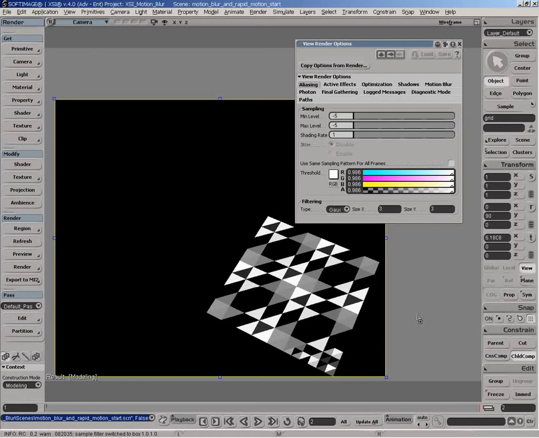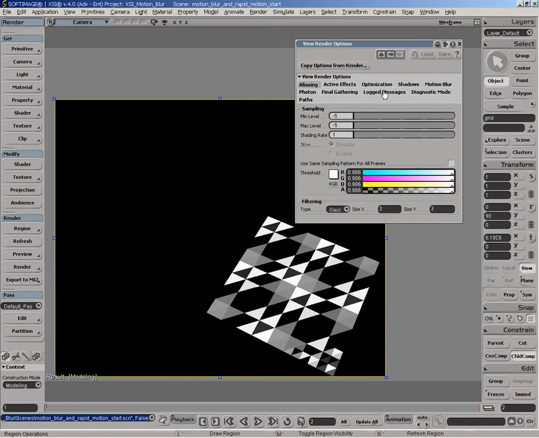The following scene will demonstrate how to use rapid motion and motion blur together. To recap, rapid motion is designed to tessellate the triangle using the minimum and maximum level as well as the actual threshold. So as you can see here, the actual minimum and maximum values are being set to -5, which is pretty